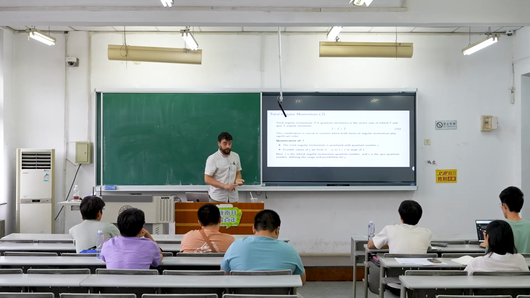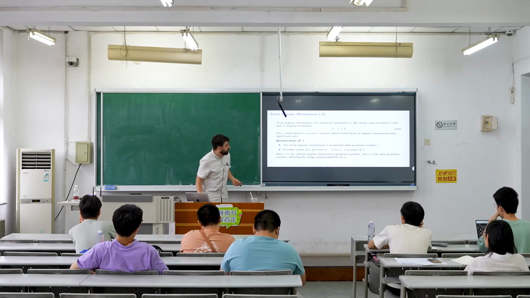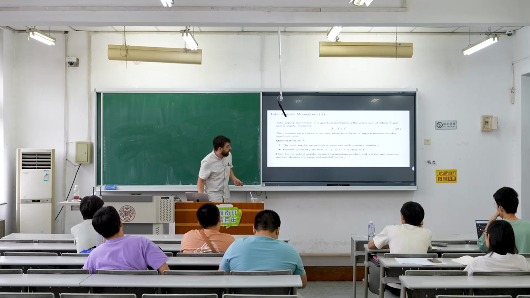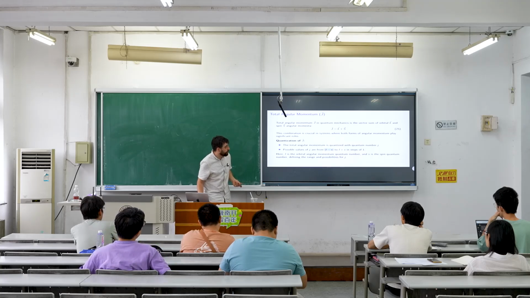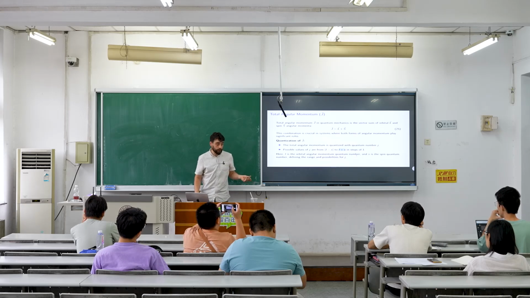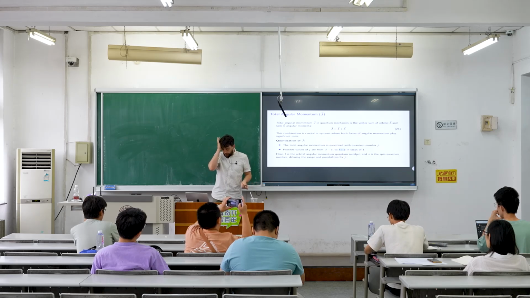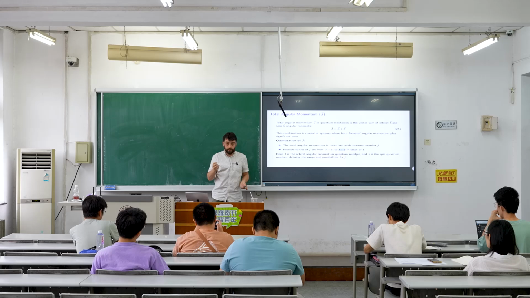Total angular momentum is also a quantized number, just like the orbital angular momentum and the spin angular momentum. The possible values of total angular momentum range from the magnitude of orbital angular momentum minus spin angular momentum up to orbital plus spin angular momentum in steps of 1. We need to know this stuff if we're going to be doing spin calculations. We need to know what we're referring to when we say total angular momentum.